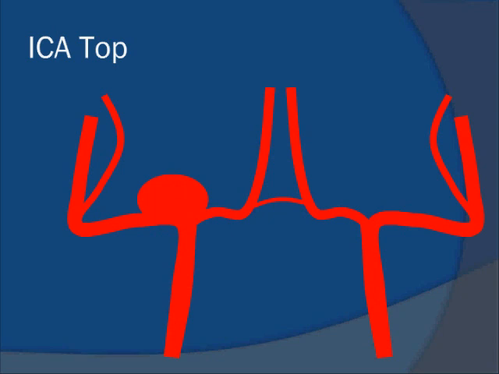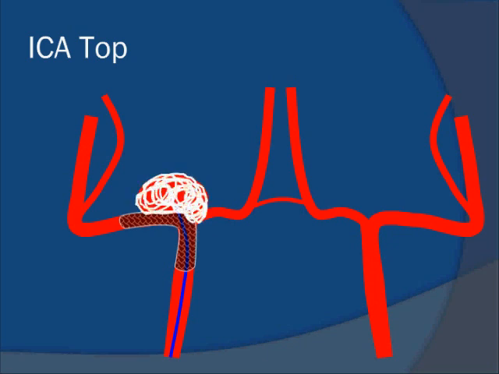The last situation where we would do a parent artery occlusion with a test occlusion would be a situation like this, where we have an aneurysm which is in the ICA top. You would place a stent, then take a catheter across it and occlude the aneurysm as well as the proximal part of the first part of the ACA, which is the A1 segment. So now we have kind of cured the aneurysm, but cross circulation takes place from the anterior communicating artery.